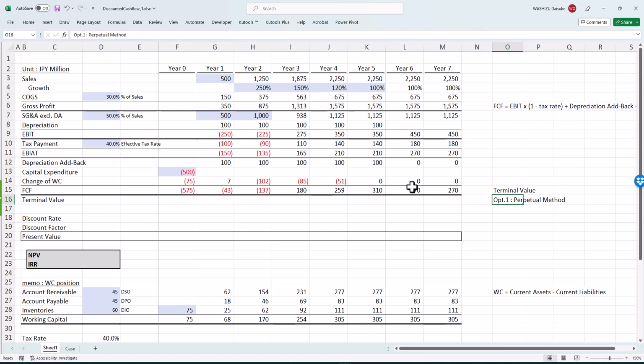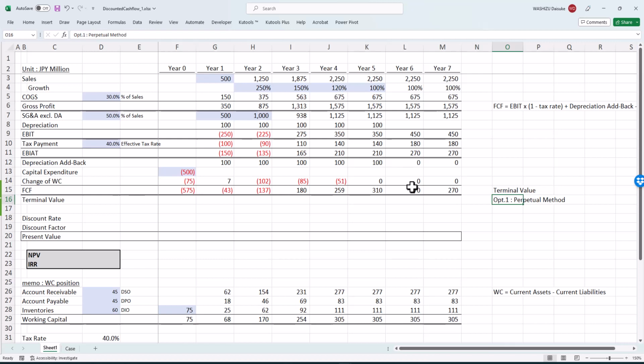If we have an assumption that the cash flow will last forever, even after the year 8. For example, in this case, we newly introduced lemon shampoo and conditioner, and the brand is so strong, a brand that survives eternally. Even after the year 8, the brand generates cash flow. So under this situation, we will use a perpetual method to get the terminal value,